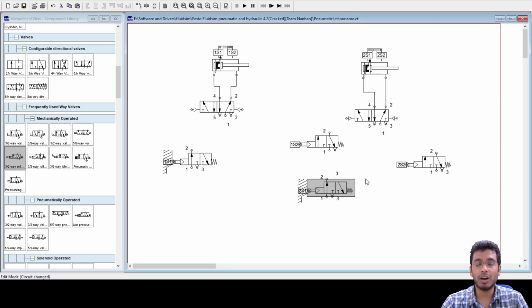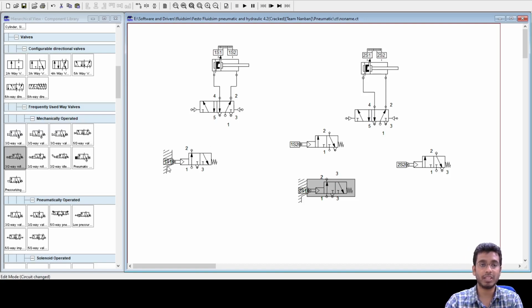So how should your circuit start? Why have I given 1S1? Because I am ensuring that the entire circuit, that is extension of one cylinder, then extension of the second cylinder, and then retraction of both the cylinders, only starts when both the cylinders are in the retracted position. That means cylinder 1 should only extend once it is in the completely retracted position.